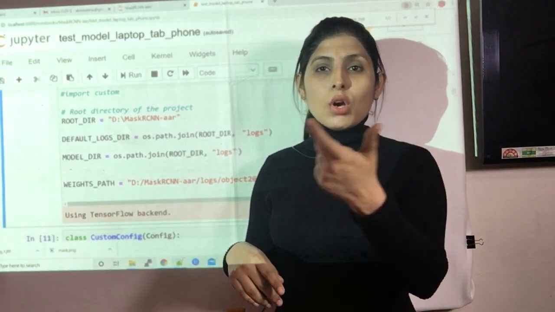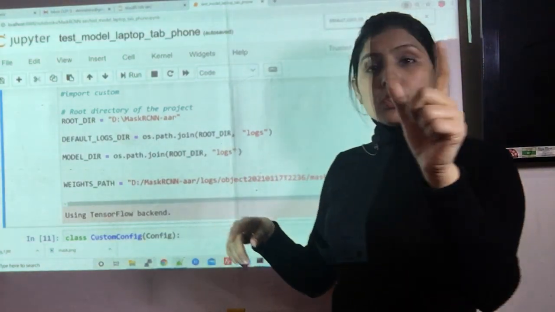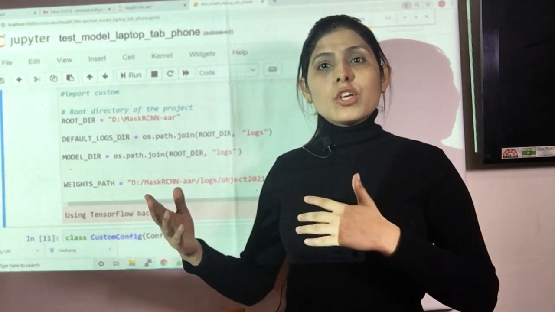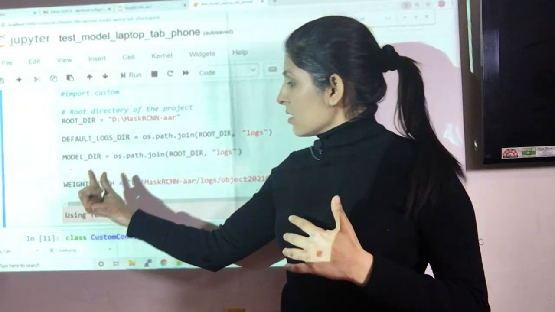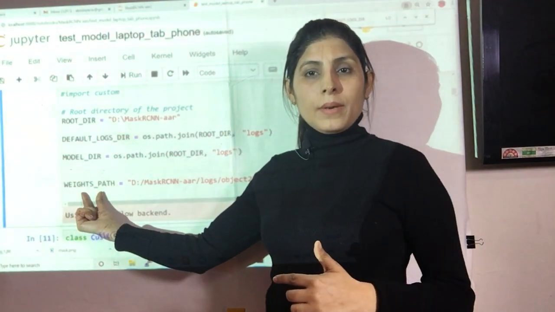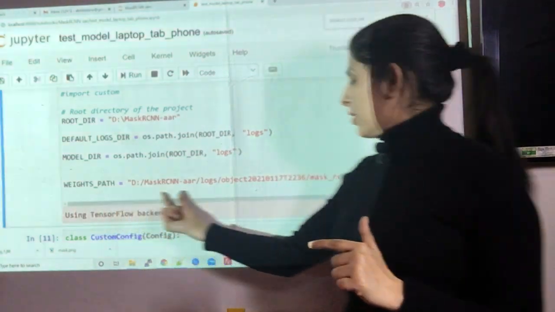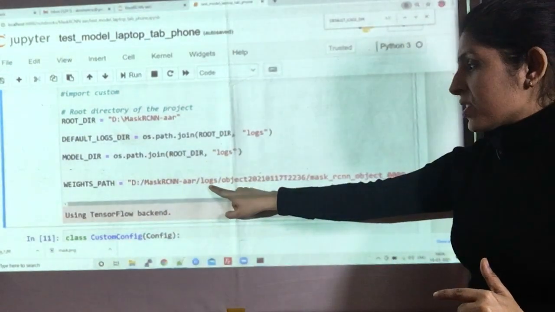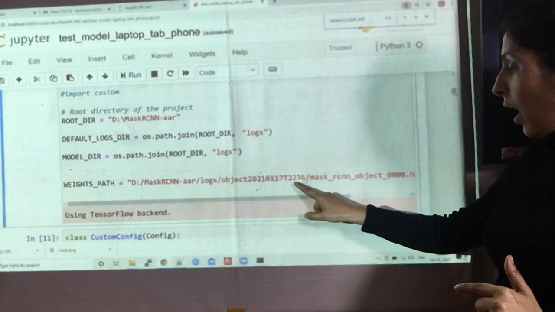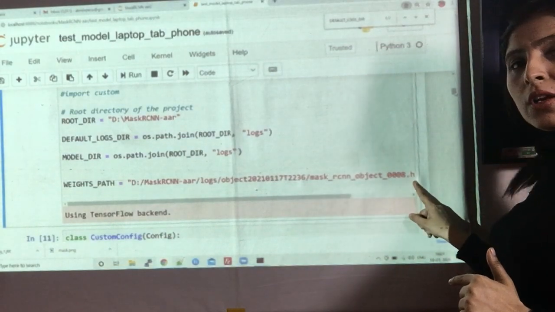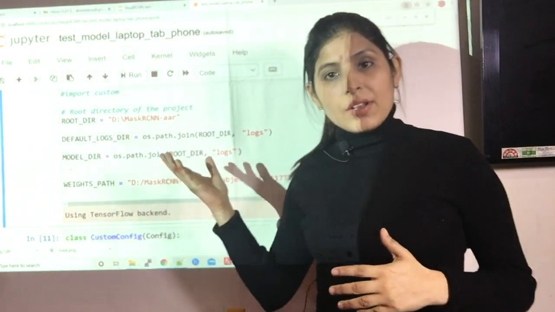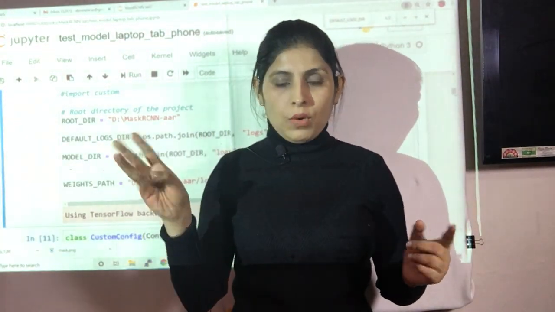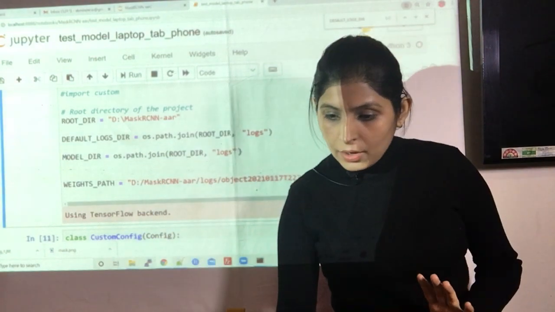So when we executed that particular file, after that we got trained weights, and in this weights path variable we are giving our weights. So this is the path of the weight file. It is in the logs directory. Under this folder I have these particular weights, and these weights are on our custom dataset for laptop, phone and tab. All right, so clear till now?